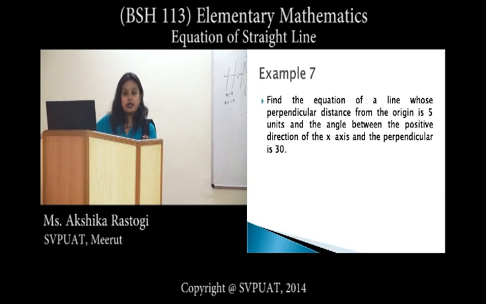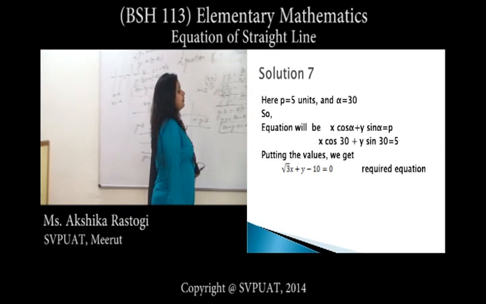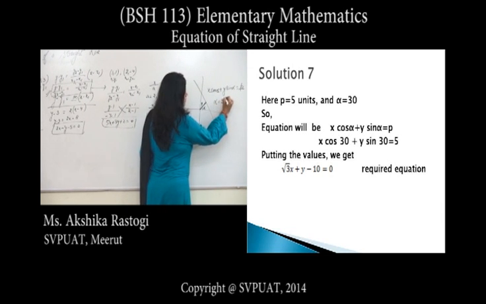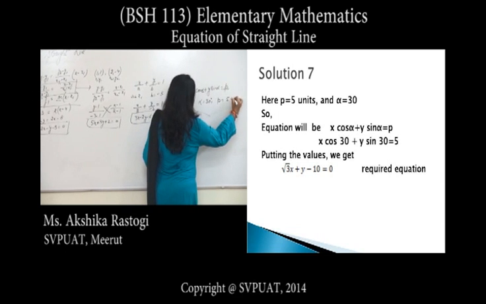Moving toward our last example, we have to construct an equation of a line whose perpendicular distance from the origin is 5 units. Here the value of p is 5 units, and the angle between the positive direction of the x-axis and the perpendicular is 30 degrees. The value of alpha is 30 degrees and the distance is 5